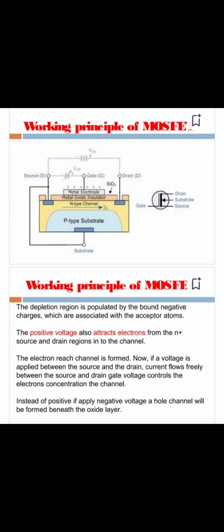Same things you can view for the different type of substrate, that is, for the N-type substrate, the channel will be formed of the P-type and the gate potential will be negative. So everything gets reversed for the N-type when you consider it as compared to the P-type. Here you can easily see the motion of the electrons on causing inversion. Gate potential is positive, as a result of which the positive plate induces negative charge in the channel which is just below the silicon dioxide layer.